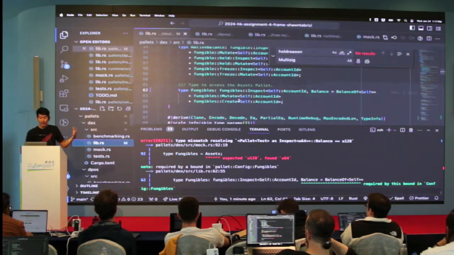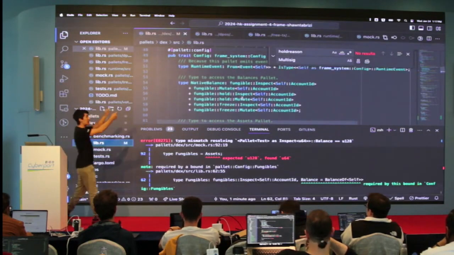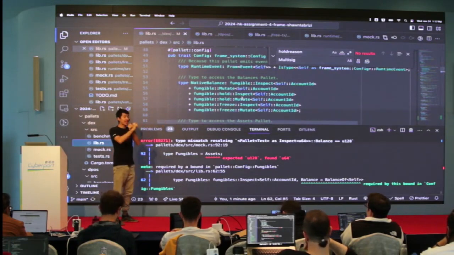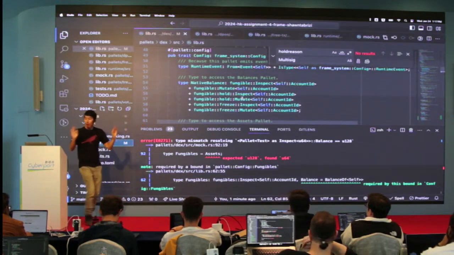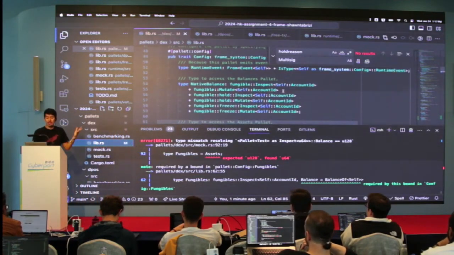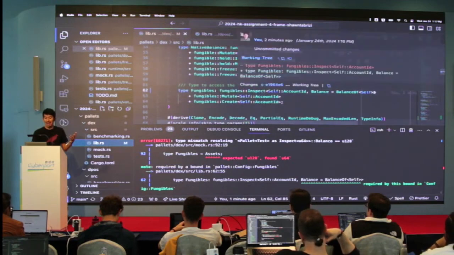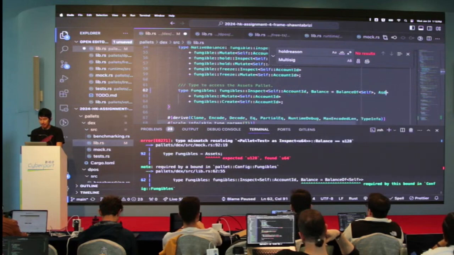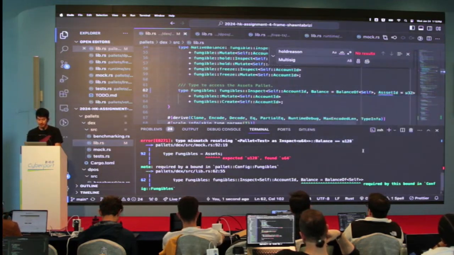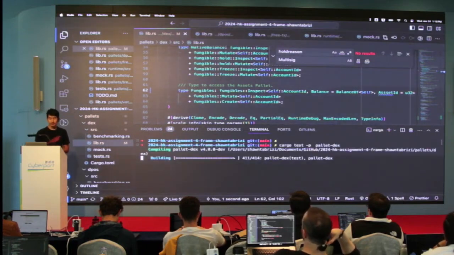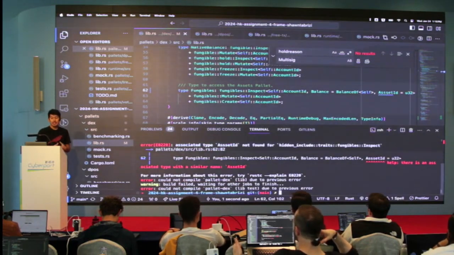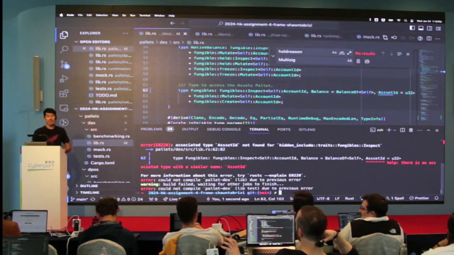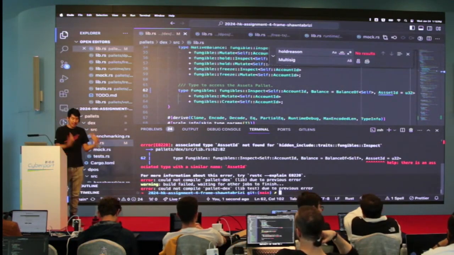So I've already shown you how I'm able to make these two types the same. So in this context, balance of T and asset balance of are exactly the same. What you might struggle with now is, okay, what is this asset ID thing I'm working with? I don't know what it is either. That's weird. You can just do this: Asset ID equals U32. No, this is me using a generic trait and telling it it must use this type.